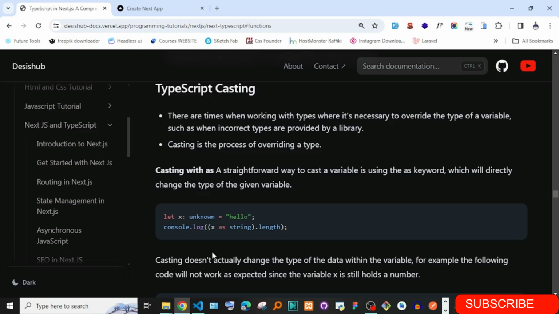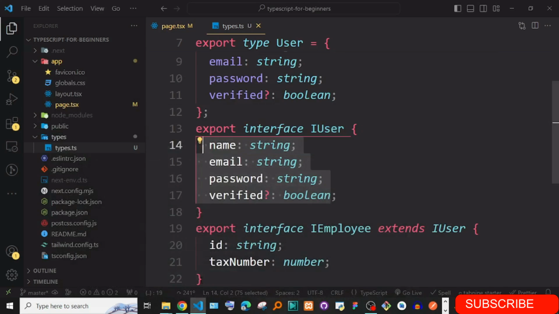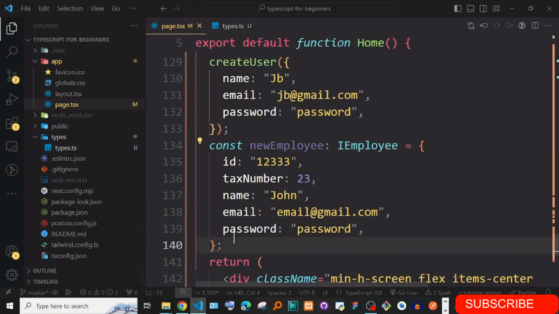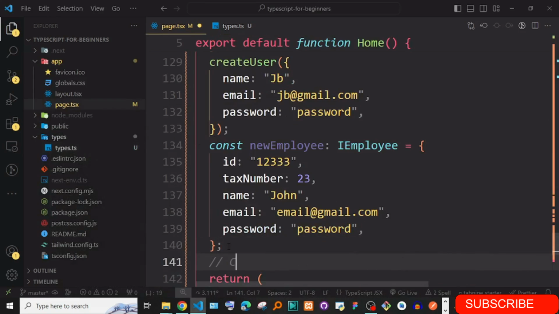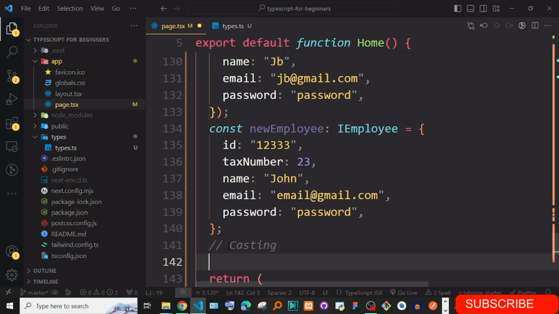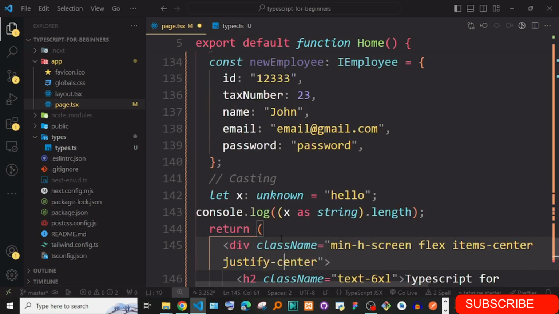Another one that is really common is TypeScript casting. Let me go here to the page and put a concept here called casting. What casting means is, for instance, if you have x as unknown, hello, but you are very sure about it and you want to treat it as a string, you can just say treat x as a string.